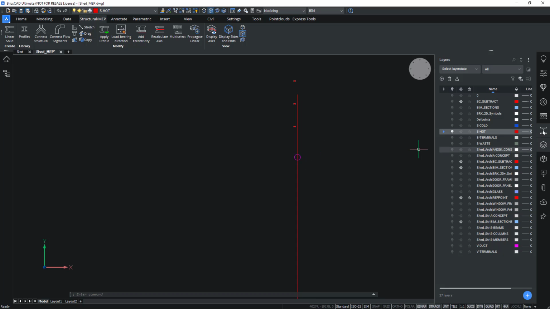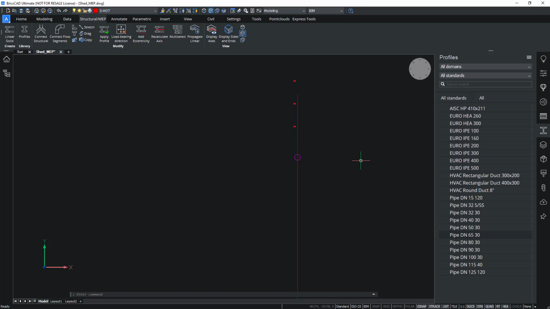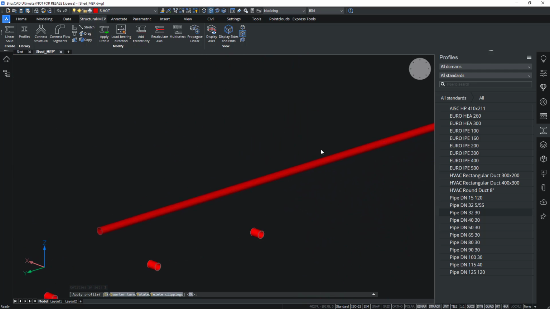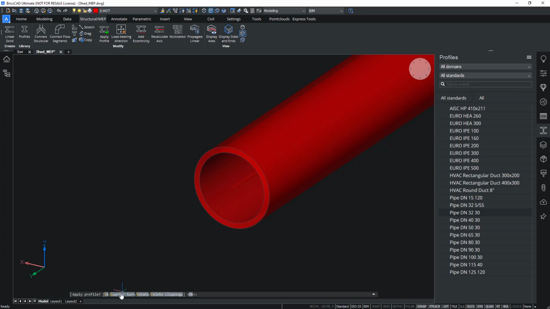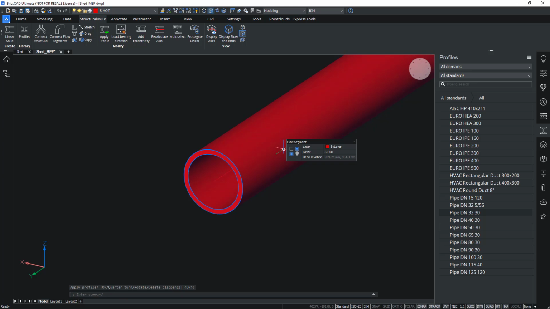As I told you before, we can drag and drop a profile onto an existing line and it will turn into a linear solid. So let's use this, this 3230 and just drag and drop it onto this existing line. Before pressing enter, it will show you a preview where the line is, in this case, in the center of my circle. And you can still choose to rotate the profile, quarter turn it. In this case, it's a circle, so that won't do much. So I'll just press OK, and then it applies this profile onto this line. I can get rid of the line if I want to.